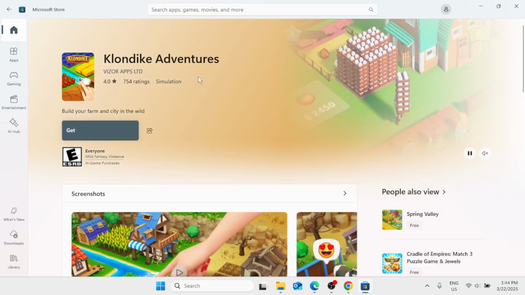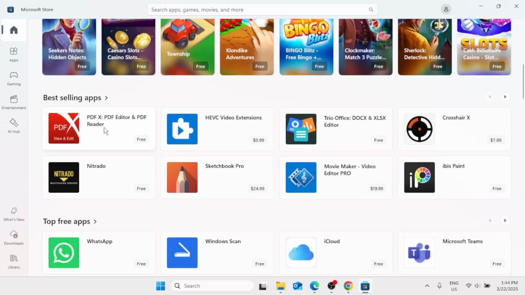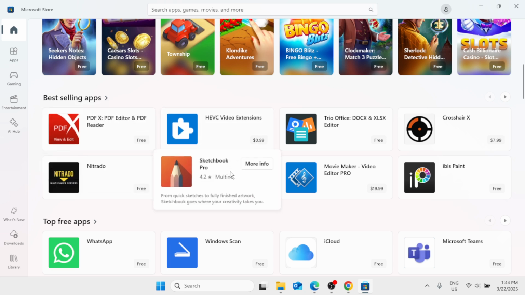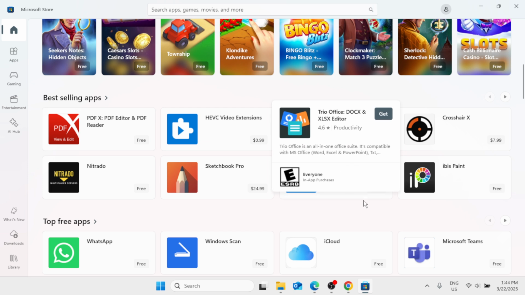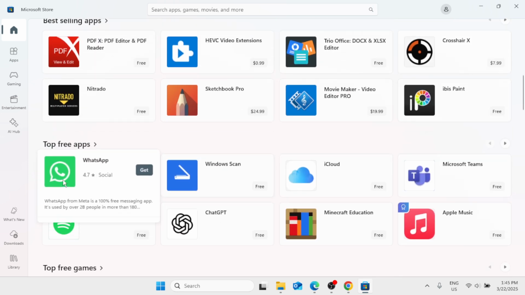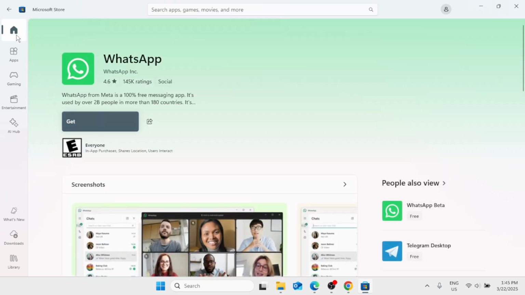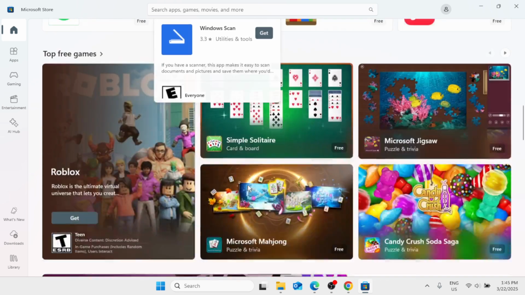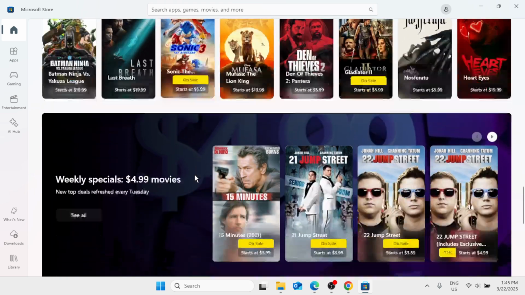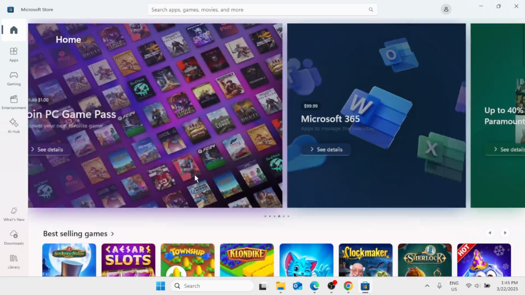on your Windows. And you also have the best selling applications, which are the PDF Reader, Nitrado, Sketchbook Pro, Tray Office, Movie Maker, Crosshair. In the top free apps, you have WhatsApp. You just need to simply click on that and click on the Get button. That's how you can easily install applications on your Windows. You also have here the top free games, new movies. There are a lot from here in the Microsoft Store that you can install into your Windows, or you